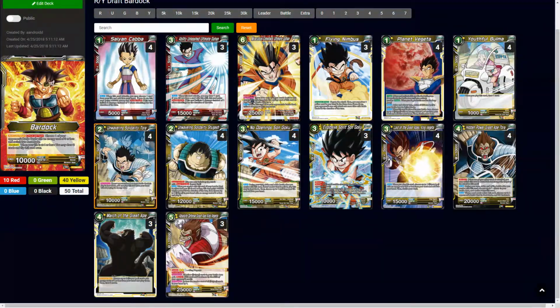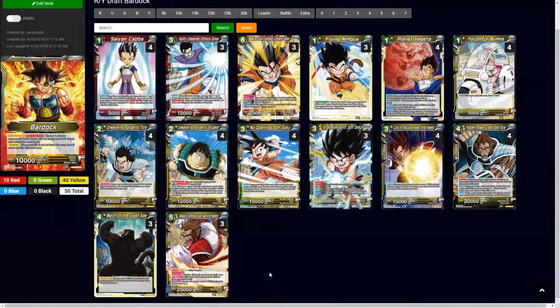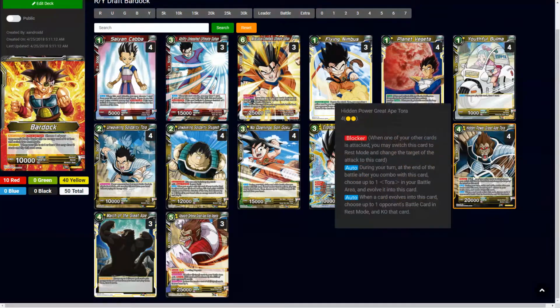And for the Tora, again, since you rest so much with this leader, it's just built in, you get to KO 1 of their cards in rest mode. So if I had to replace something, I would give this more like another 1-drop, like Russian Warrior Pan for more red, and then replace this guy for